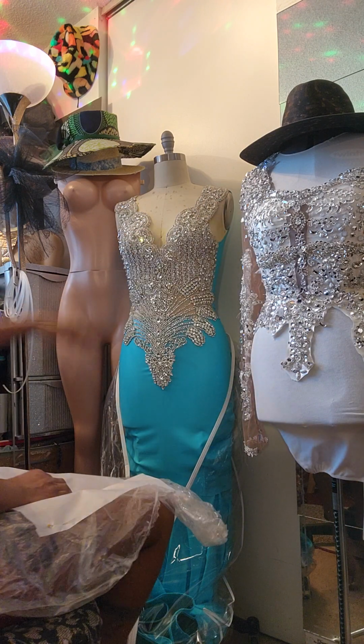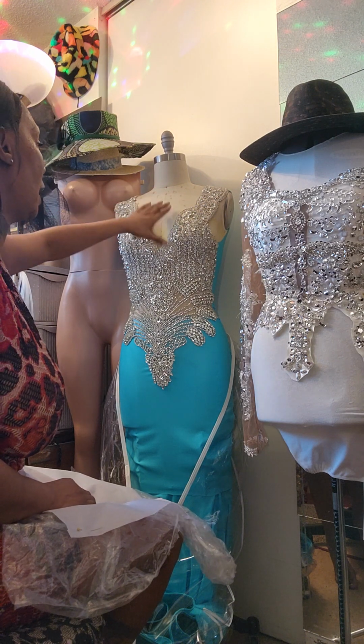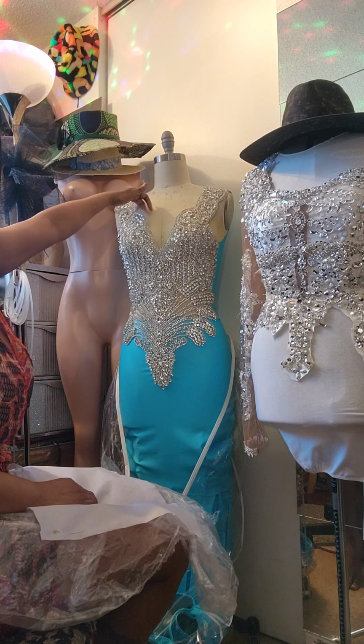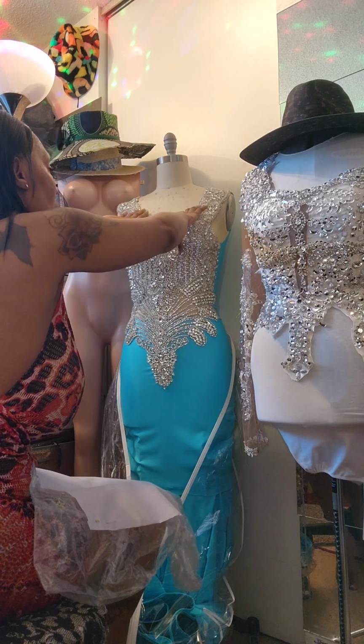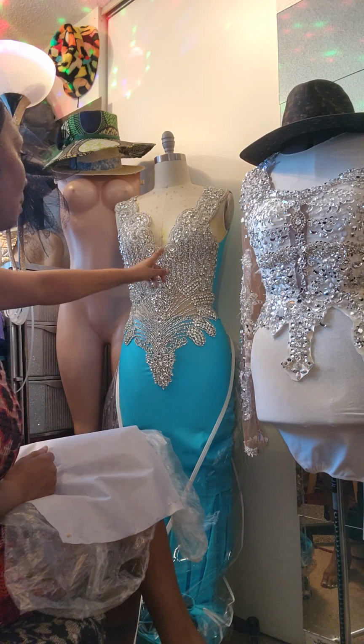So now I gotta come back, because this dress, because she had me cut all this away and remove it, you see we have no support right here. This is kind of floppy. The lace was holding that together. She wanted more of an opening, and then I told her I'm not gonna cut beyond that, because if I